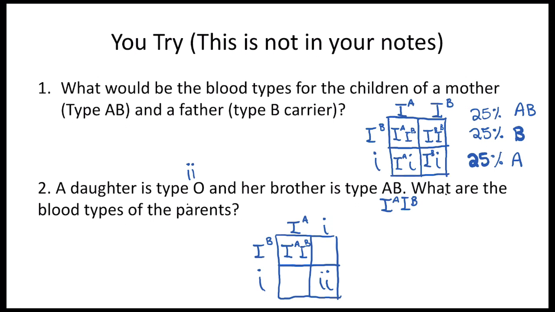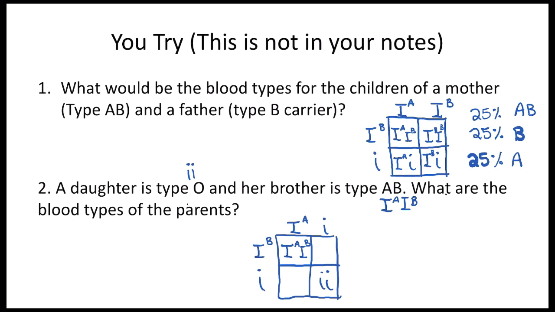What would be the blood type of the children of a mother with AB type blood and a father with B carrier blood? Meaning they're carrying the O allele and it's being masked by the B. If you were to draw out the Punnett square for this, you would get 25% of the children AB blood type, 25% B, and 25% A. We have no type O blood because both parents would need to have that lowercase i allele present,